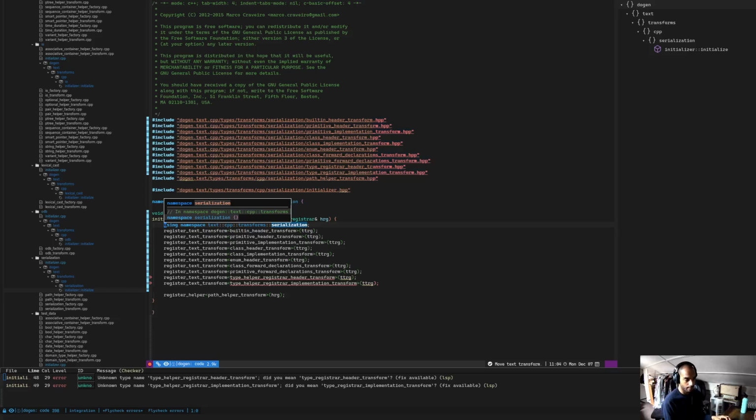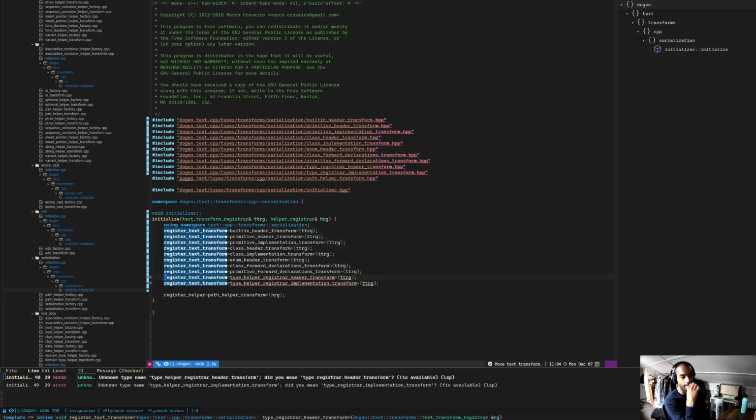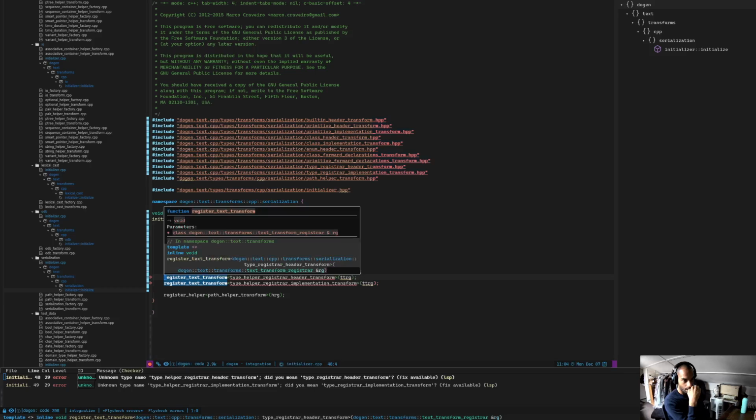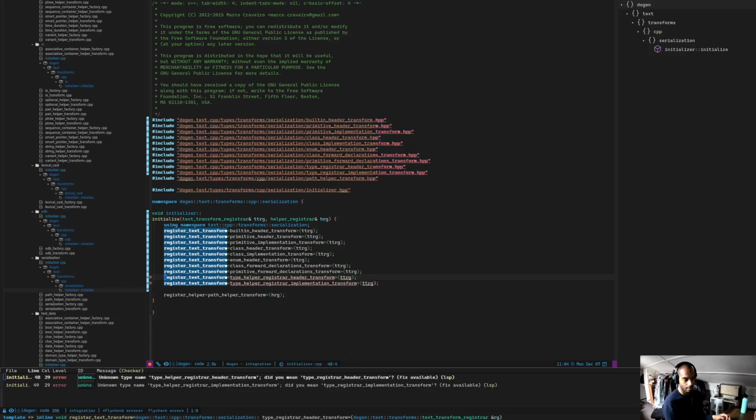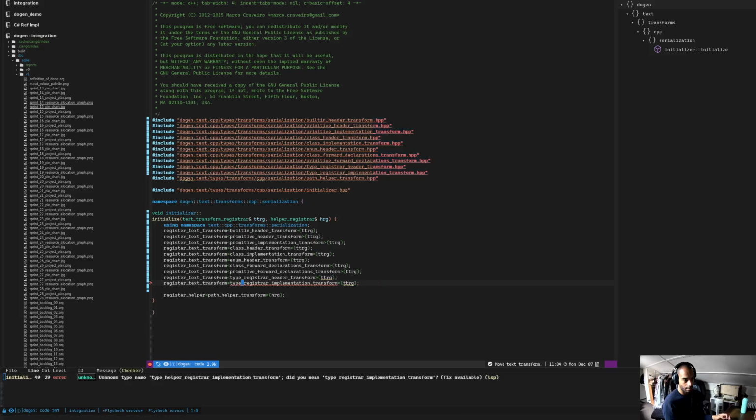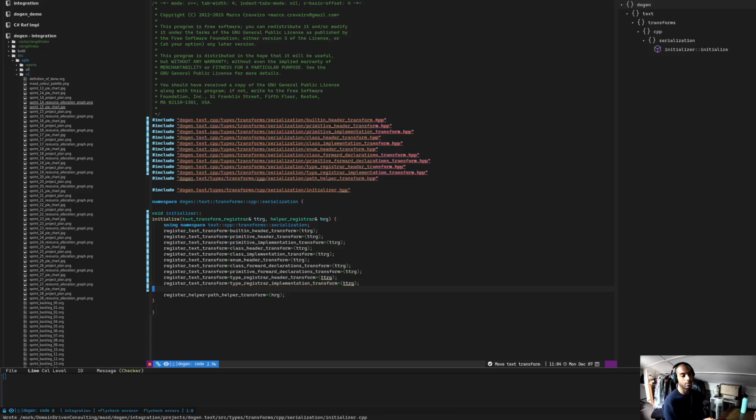What's going on here? It seems we've mangled something. Type. I'm not entirely sure what happened there, but I think the search and replaces at some point must have mangled